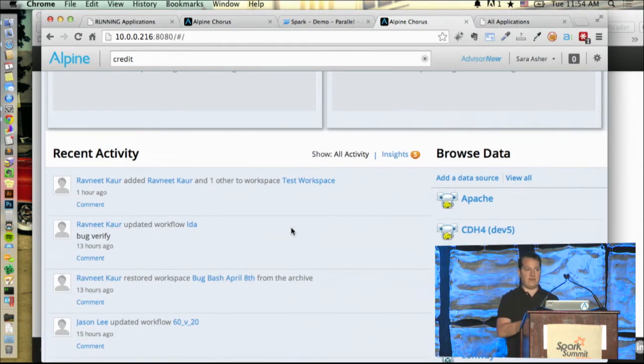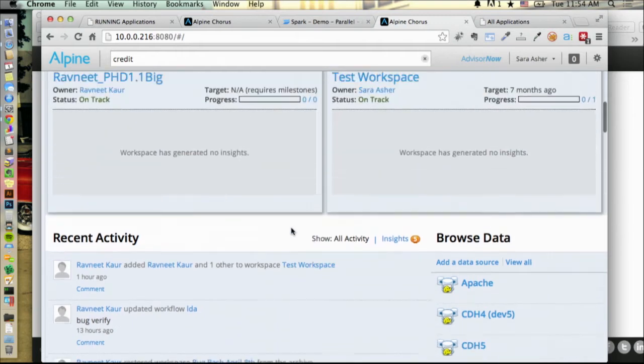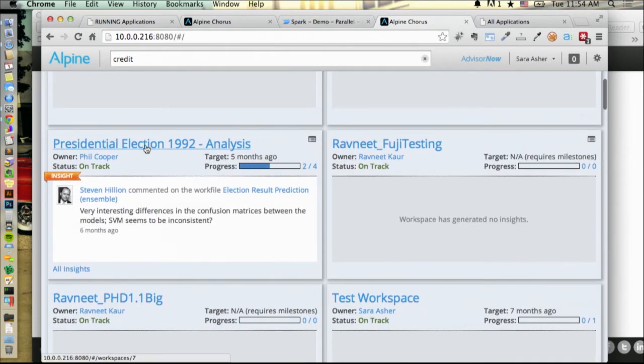But we have this Facebook style activity stream where anything that I run will actually flow into this activity stream. So if I'm a VP of analytics or a data manager of some sort, I can quickly log in and see overall what the latest actions people have been doing. Maybe there's some errors, maybe there's some problems with some jobs that have run, and I can quickly jump into that to diagnose the issue.